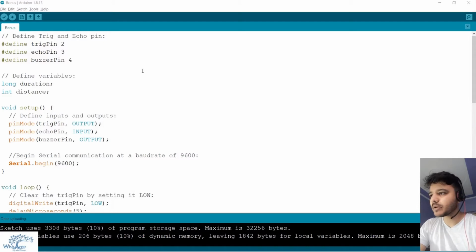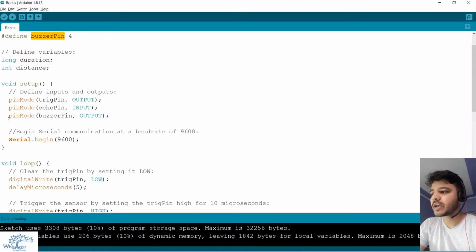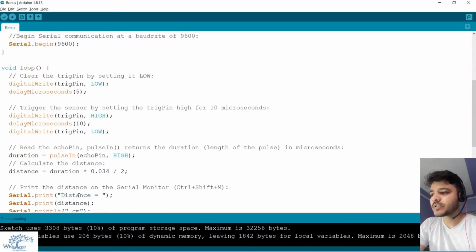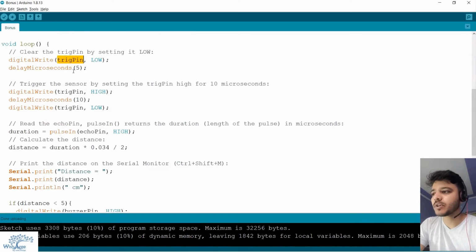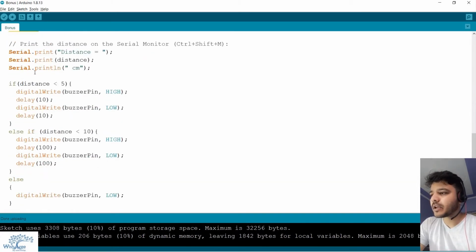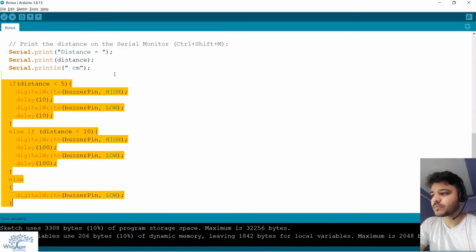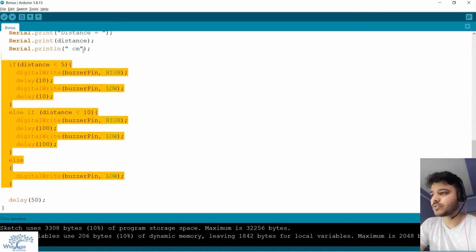Here we are powering these two components from pin number 4 and the other pin is connected to ground. Let's quickly look at the program. It is the same program that we used for the ultrasonic sensor in lesson 11 with some additions. I have added a pin for the buzzer, that is pin number 4. Then of course I have set the mode of that pin to output. Thereafter the rest of the logic remains the same, where we are sending a trigger pulse and measuring the distance. At the end I have added some interesting logic. This is the core of this project, right?